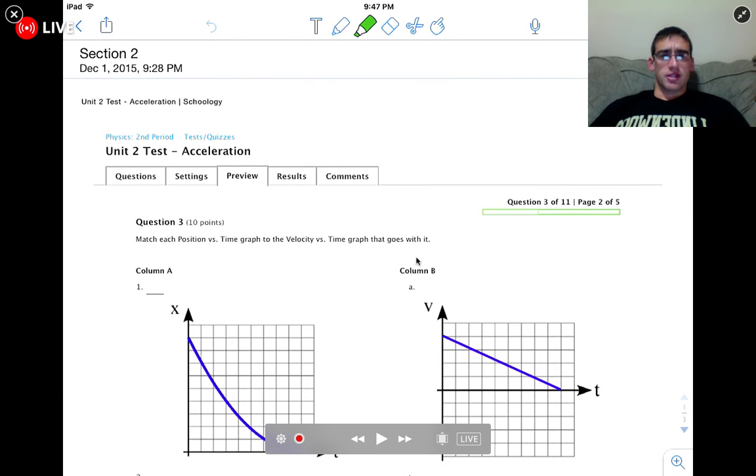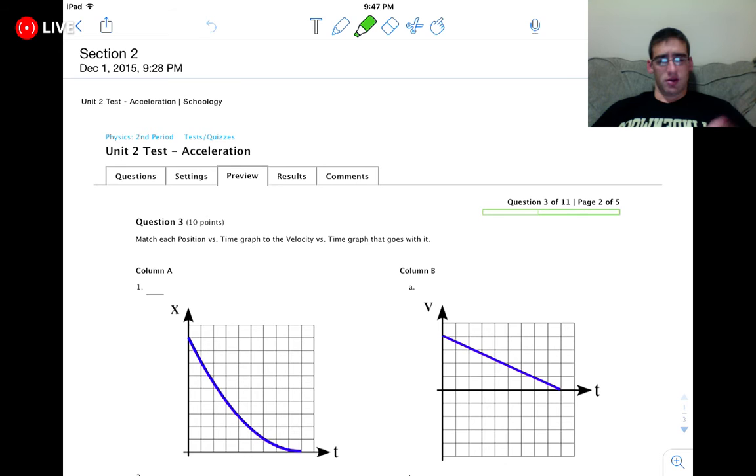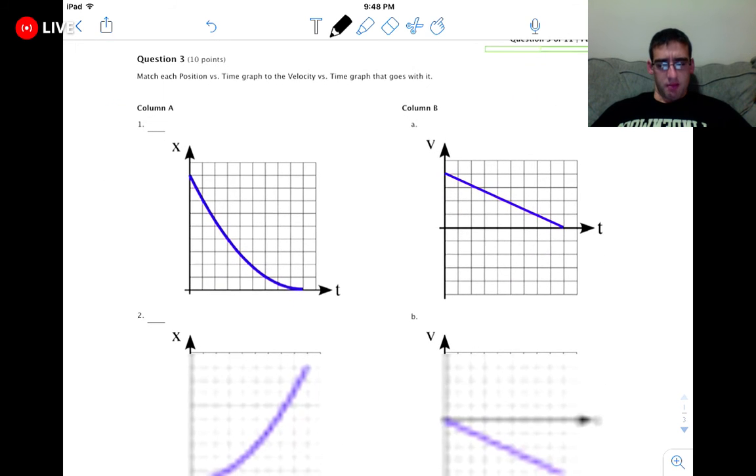Guys, this is your section 2 answer key. So we're looking at section 2 of the test. That means you should be working on section 2 remediation now. Section 2 is pretty short. It was just this matching section. So we want to match up